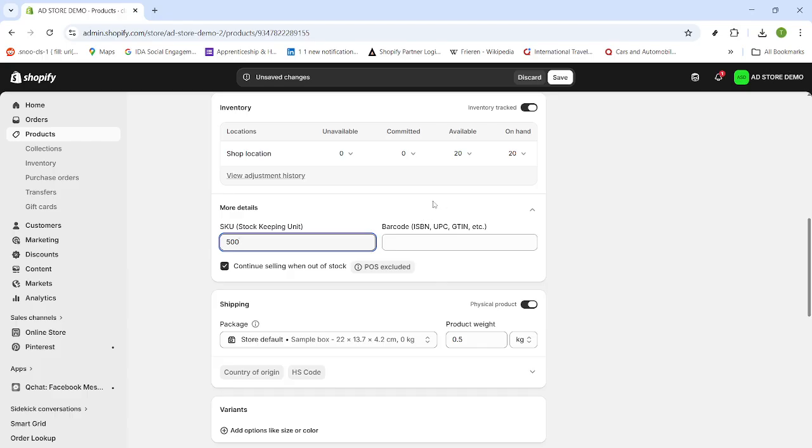That's it. Log in, go to Products, open your item, click into the SKU field, enter your code, use more details if you need variant-level fields, and save. You've successfully